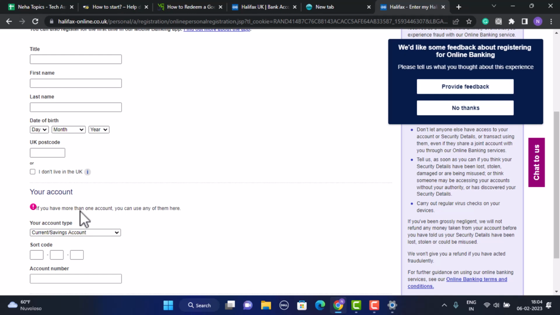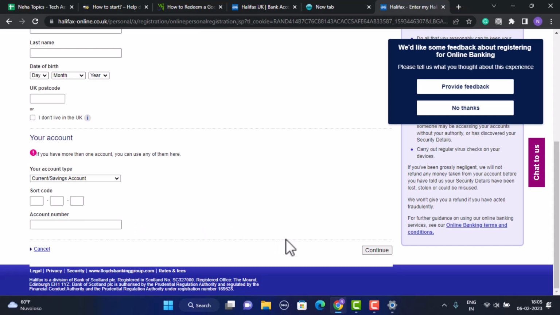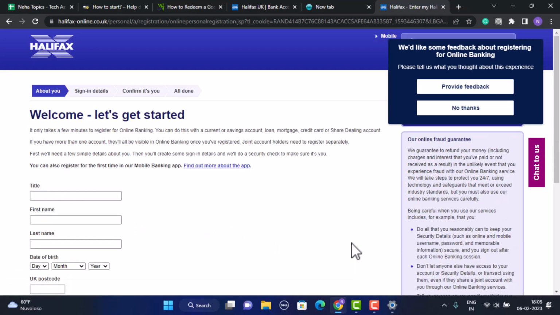So once you do that, next thing you need to enter your account information. First of all, you need to provide your account type and a short code, which means a CVV number. Next, you need to enter your account number. As already mentioned before, in case you do not have a bank account with Halifax, then you will not be able to register or enroll into an online banking account. So once you do that, tap on continue, which is right at the bottom,